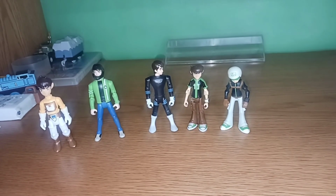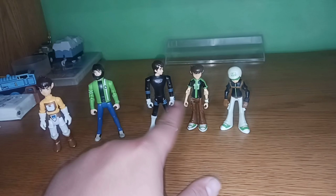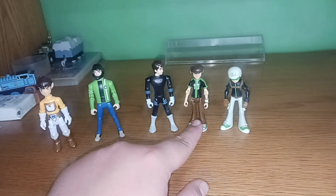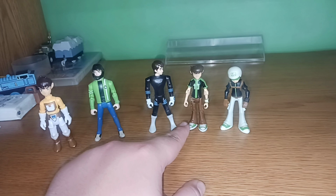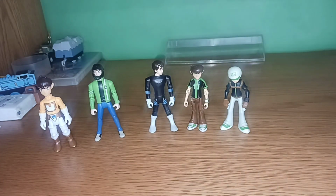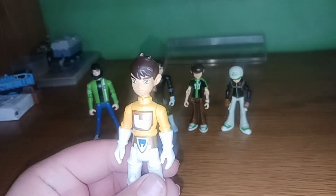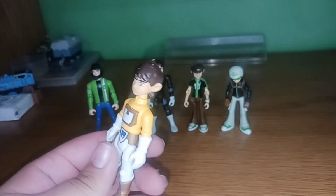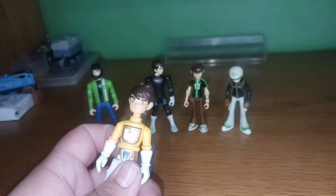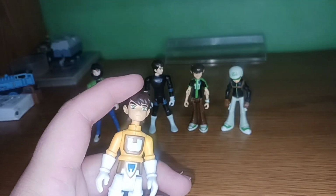Okay, I have a mishmash of Bens, alright? I do not have a singular, normal variation of Ben, except for the Omniverse version, of which I also did have the hoodie variation, but his leg's broken. Anyway, moving on to the Bens here, we have Galactic Enforcers Ben from the classic series episode where Ben is teaming up with the Galactic Enforcers,